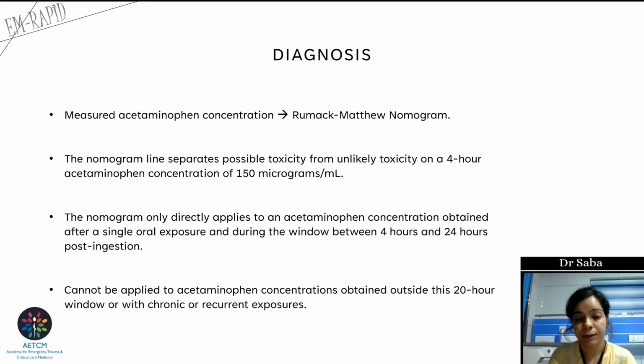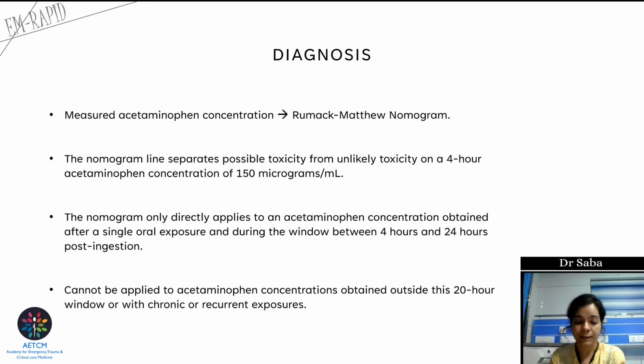Now, once we've understood the metabolism of acetaminophen and we've also studied about the clinical features of paracetamol toxicity, we'll move on to the next entity, that is diagnosis of paracetamol overdose. Now, acetaminophen concentration can actually be charted on something called as a Rumack-Matthew nomogram. Now, what we need to know about this nomogram is that it will only apply to acetaminophen concentration, which is obtained after a single exposure, single oral exposure, that too after 4 hours, like 4 hours post ingestion and within